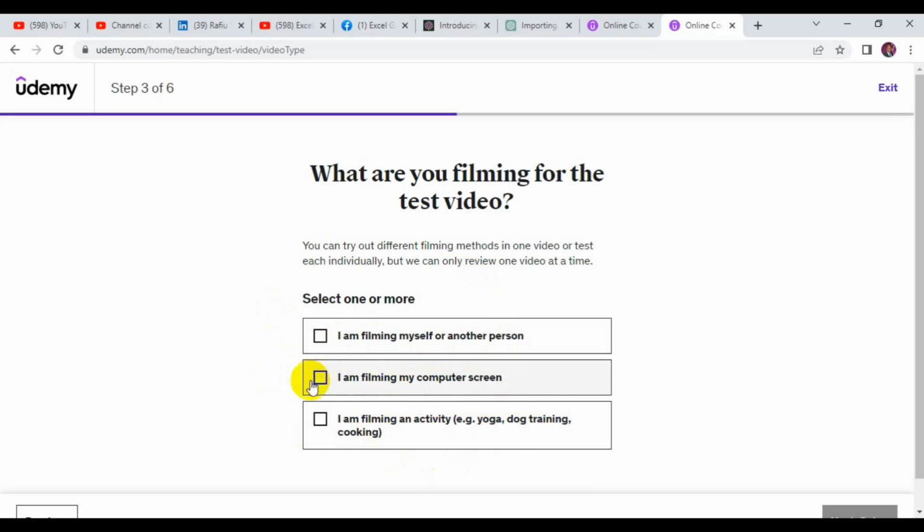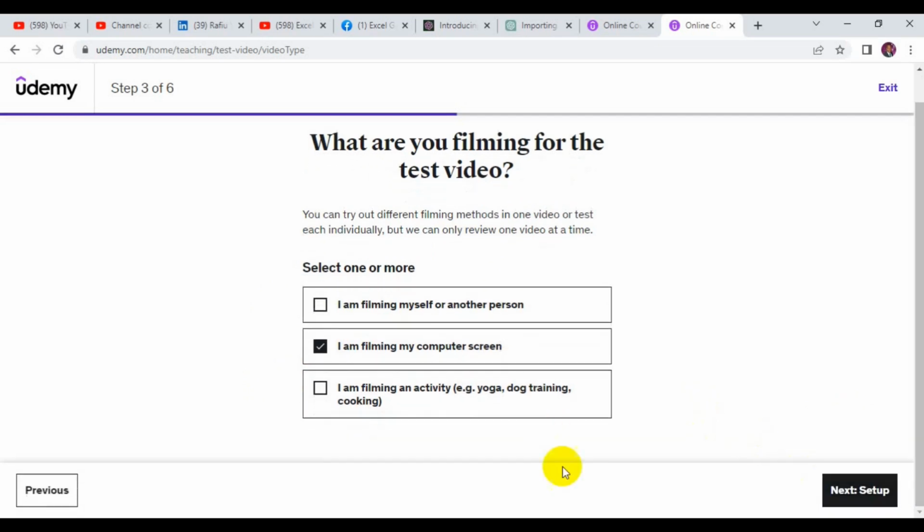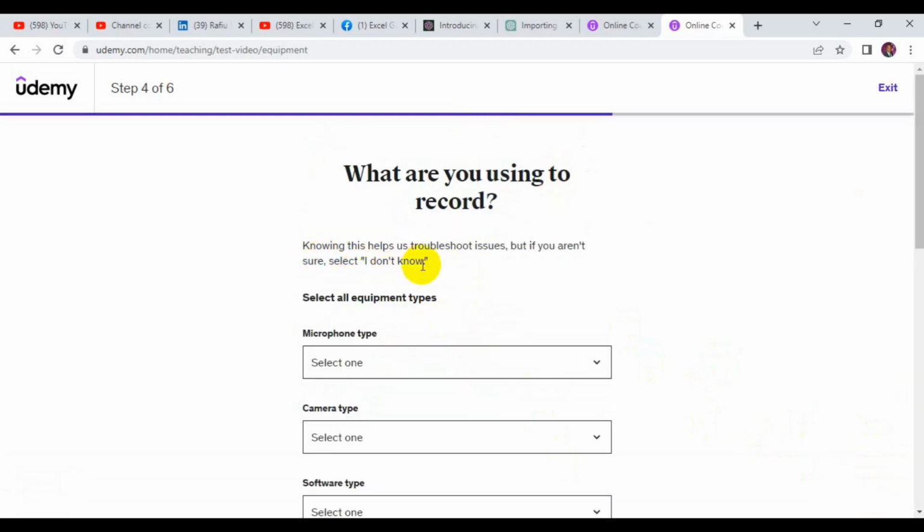So as for my own hand, I'm filming my screen. Okay, so you just have to choose anyone related to you right here and click on next to set up. At this point, knowing this helps us troubleshoot issues, but if you have not selected, I don't know,